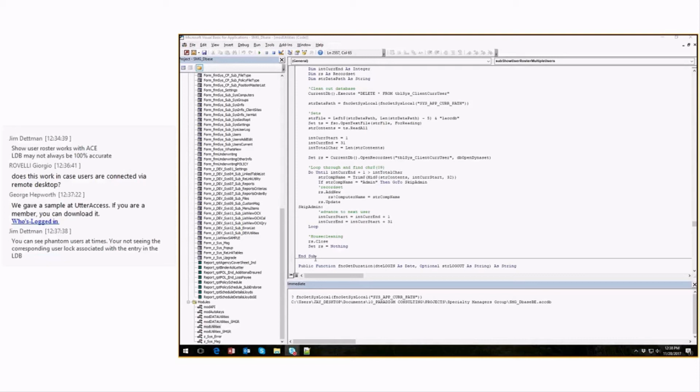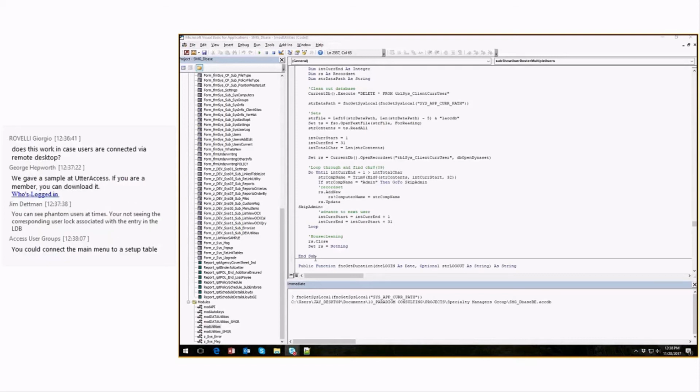I suppose if a person looked at this list right at the moment that they were on the main menu, their name wouldn't appear on the list because technically the LDB file doesn't have them as logged. So yes, that's, I guess, a possibility, but generally speaking, they're not going to be constantly going into this users list forever. In that sense, I guess it's a weakness of it, but